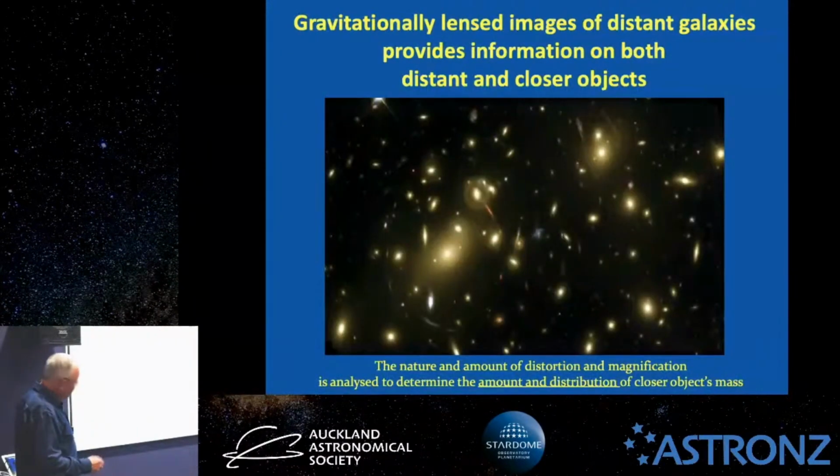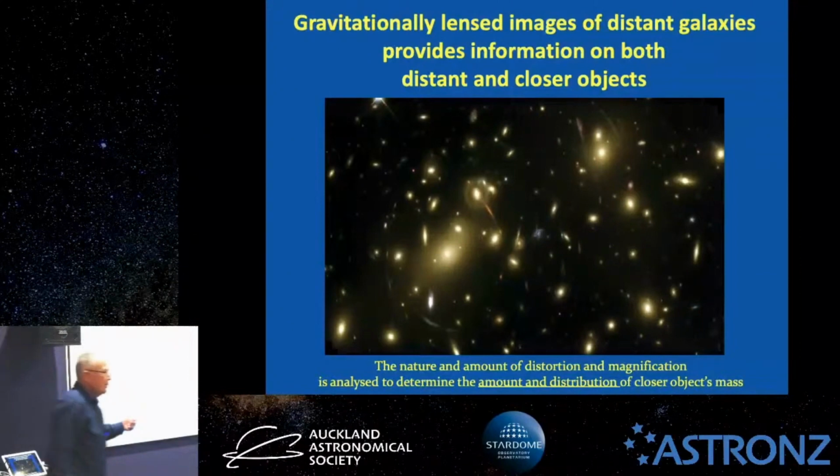So here is an image. In the foreground here, you've got a galaxy cluster. And you notice all around the edges all these multiple distorted images. And what you're looking at here is the images of distant galaxies behind this cluster. And the key here is